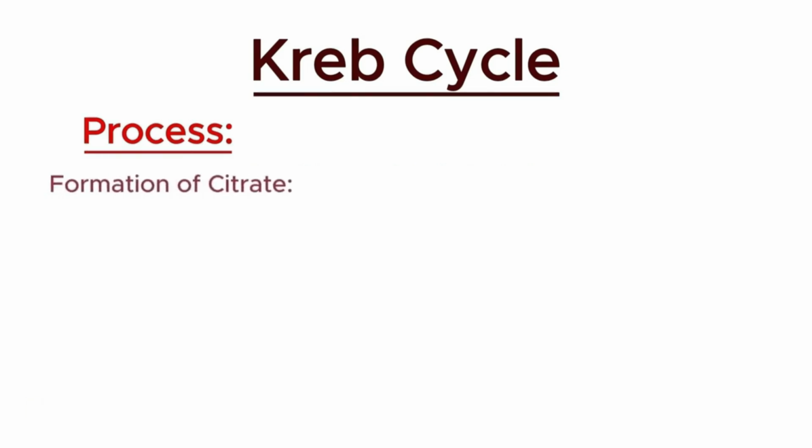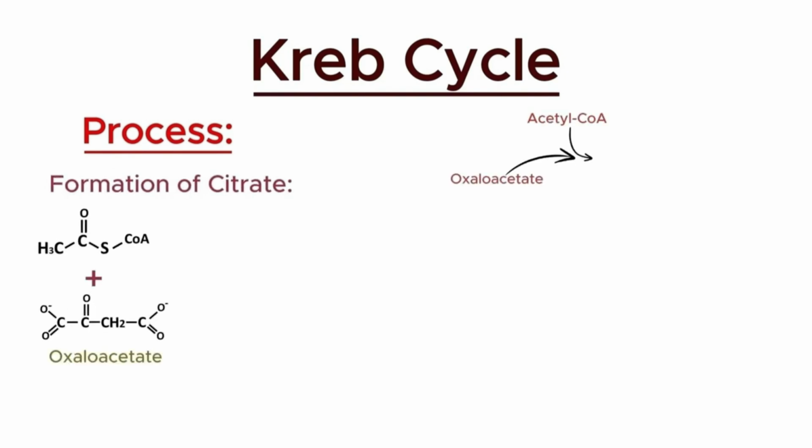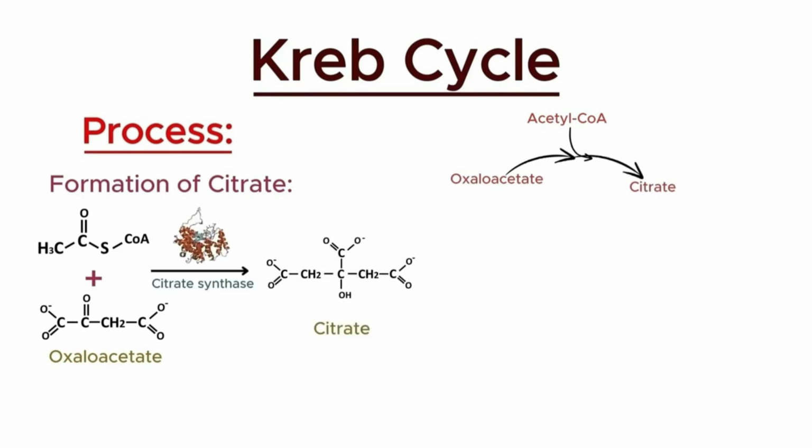In the first step of the Krebs cycle, acetyl-CoA combines with a 4-carbon molecule called oxaloacetate to form a 6-carbon molecule called citrate. This reaction is catalyzed by the enzyme citrate synthase. During this step, the acetyl group from acetyl-CoA is transferred to oxaloacetate, completing the formation of citrate. This marks the beginning of the series of reactions that will lead to the production of energy and electron carriers